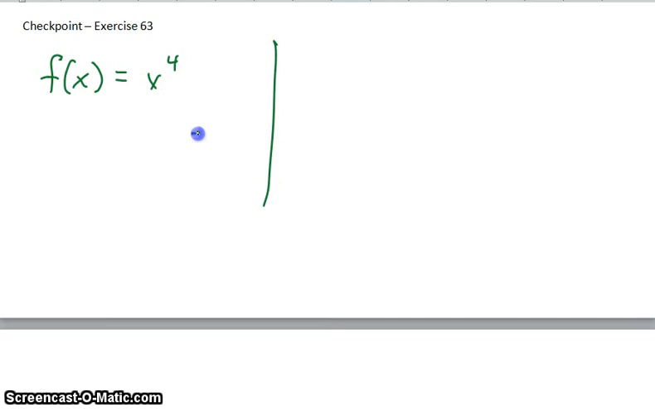Now I'm going to go to exercise 63. It says determine whether the function has an inverse function. If it does, find the inverse. Well, x to the 4th is an even function. And what this looks like is kind of like a parabola. And if you look at this,